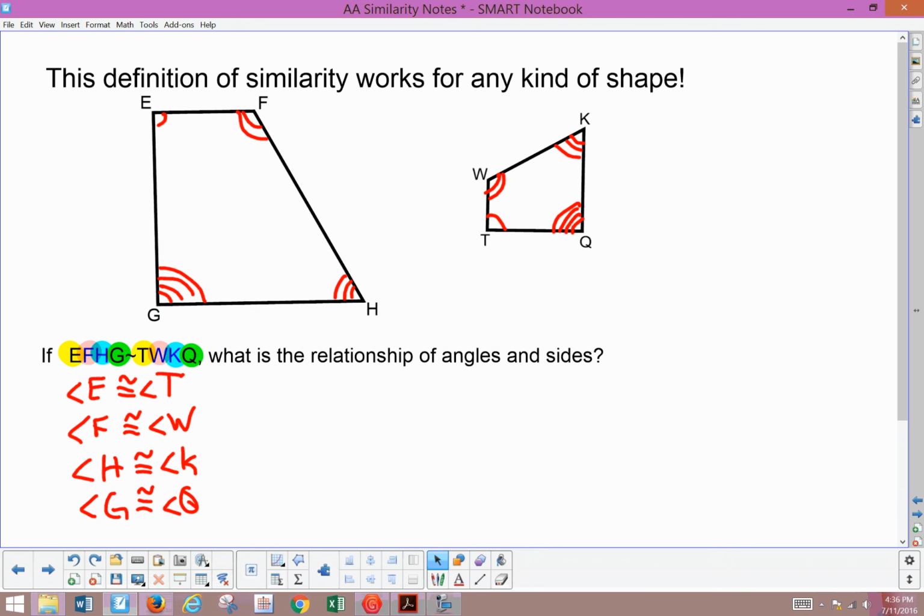Let's talk about the sides. Now that I have my angles listed, the sides should be somewhat easy. I'm going to be looking at my markings in my figure and find the matching pieces. So, if I look at the markings in my figure, on the left, I have E to H joining my single arc mark to my double arc mark. That matches T to W in my other figure. So I know those are in a proportional relationship